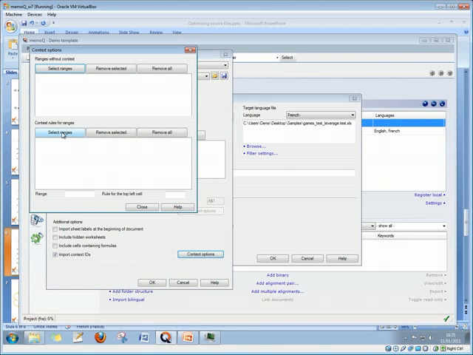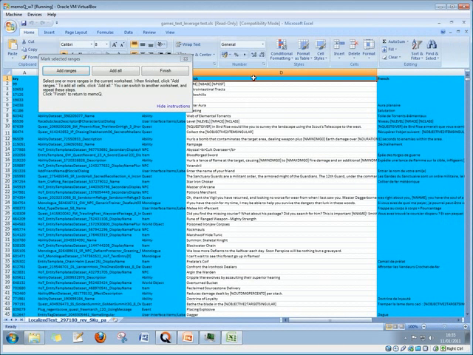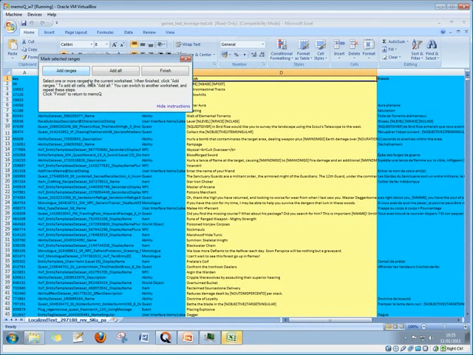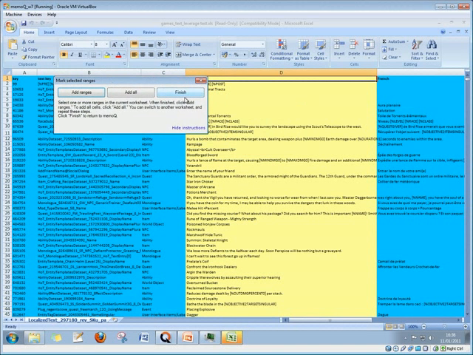And here I will need to select the range I will apply the context to. So let's select the range and say, okay, that will be all my D column. I add that range. You can see that's a different color. That's not excluded. It turns yellow. So that's what the context will apply to. And as you may see already, the IDs are in the B column. So what I will do is click on Finish now,